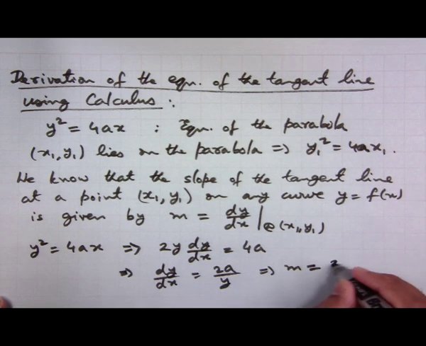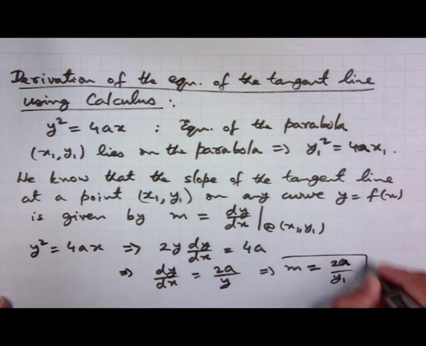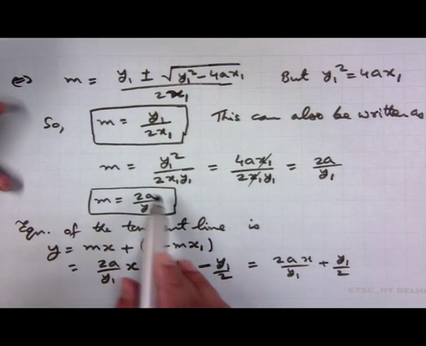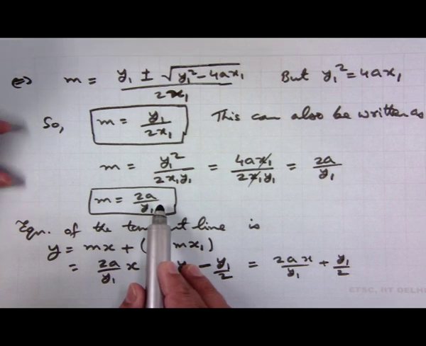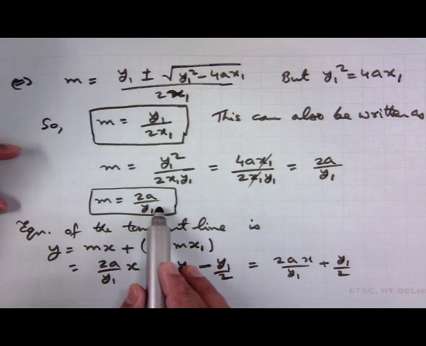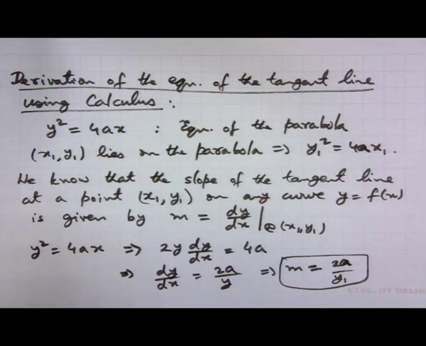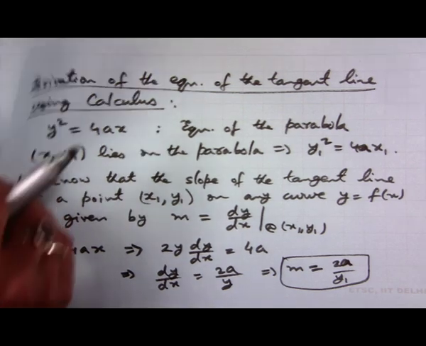So, this is equal to 2 a by y 1. Note that we got this same formula m equal to 2 a by y 1 using our previous method, but that involved more algebra, whereas if you know calculus you can get this easily, and therefore, the equation